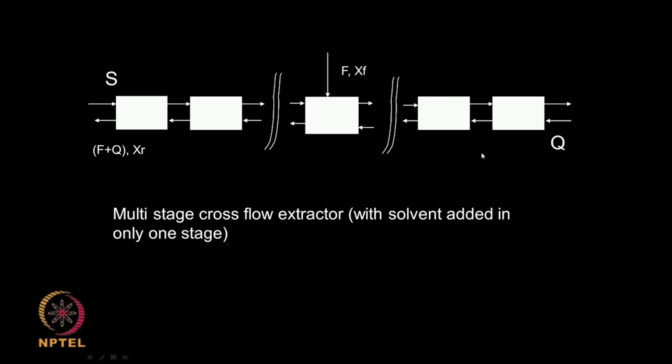This is called a multi-stage cross flow extractor where solvent is added only in one stage. In the normal cross flow, solvent is added in each of these stages, whereas here it is added in only one stage. You also have an equation for this type of setup, combining XR versus XF versus E,